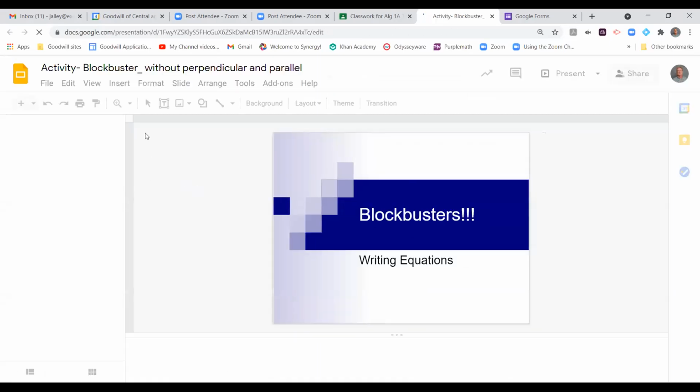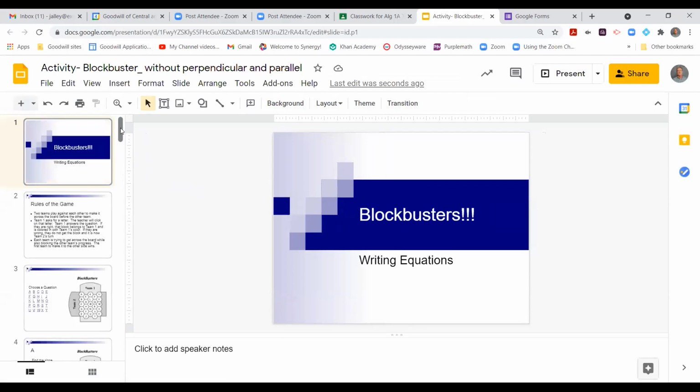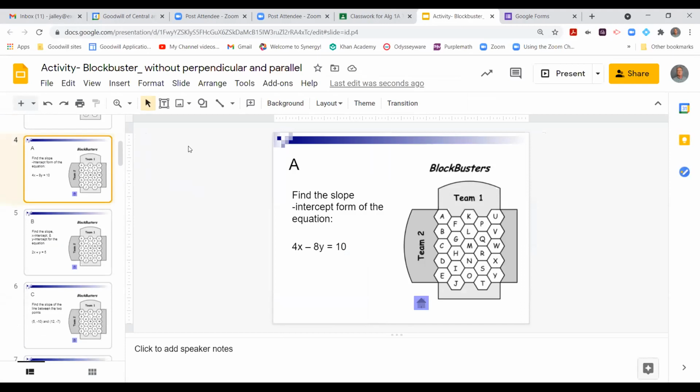If you want more practice, go to this slideshow. This particular thing is set up to be like a game. So if you go to any of these slides here,